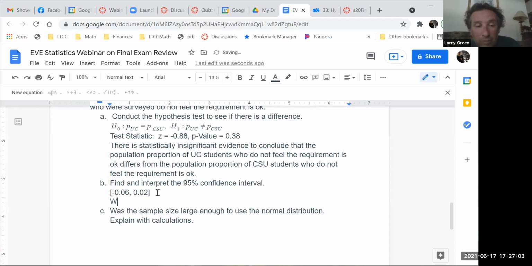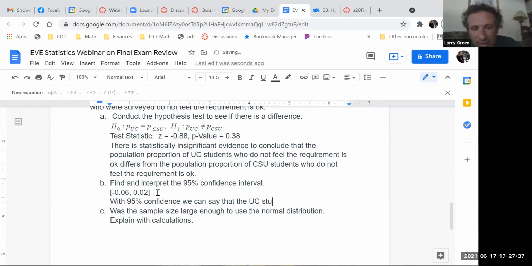So we start with 95% confidence. We can state that, and this is where it's important to know which was first. The UC was first, and it's always first minus second the way the calculator does it. So if first minus second is negative, that means the second was more. So we can say that the